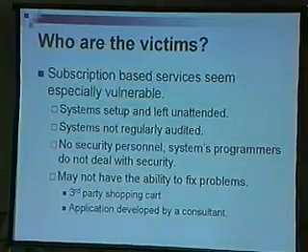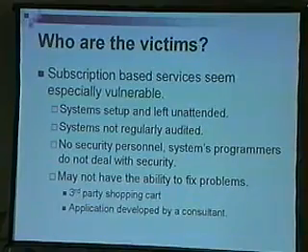Now, subscription-based systems seem to be especially vulnerable, because they're left up unattended, nobody's really watching them. They set them up so that it just runs, people sign up, they do what they're going to do, and they just get their money at the end of the day. Usually they're set up kind of quick. They want to get it up and running because the subscription service is the company's only form of income, so they may not spend the attention on security detail as they really should. A lot of these attacks are really, really simple, script kiddie-ish, but it's amazing how many sites out there are vulnerable to them.